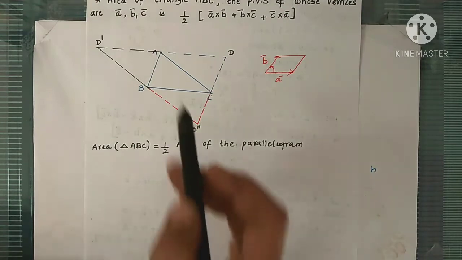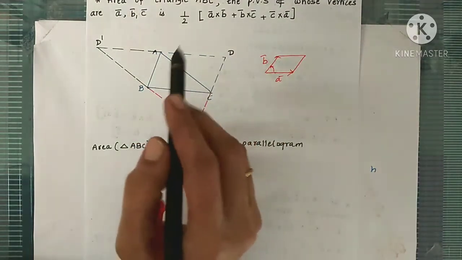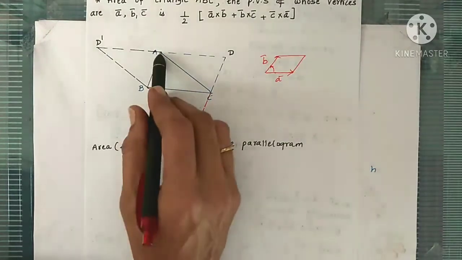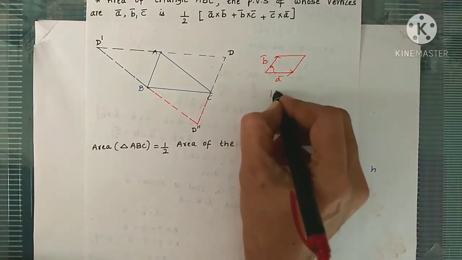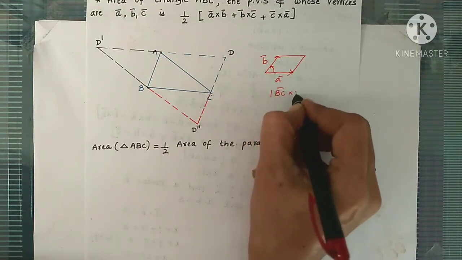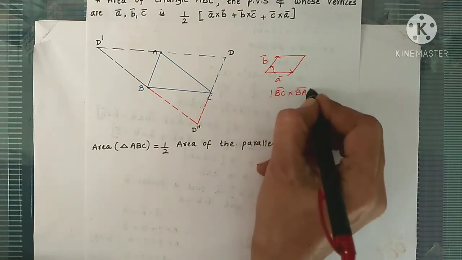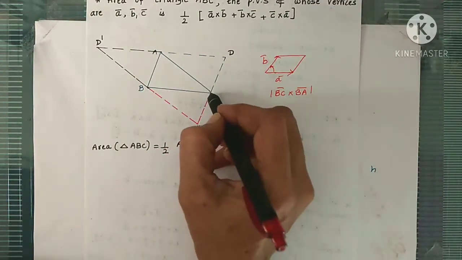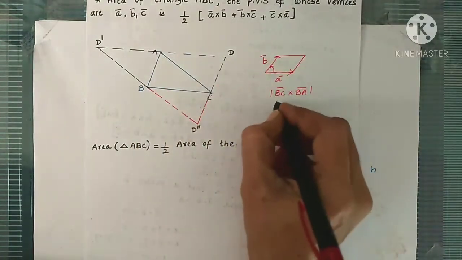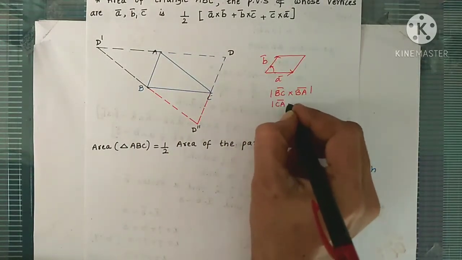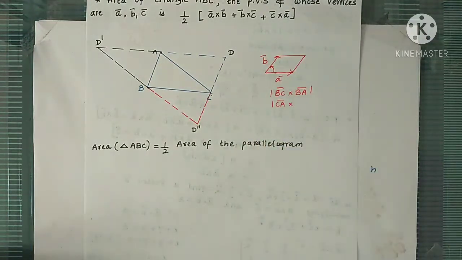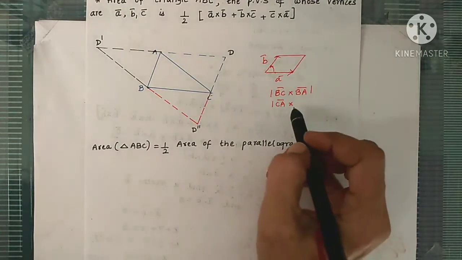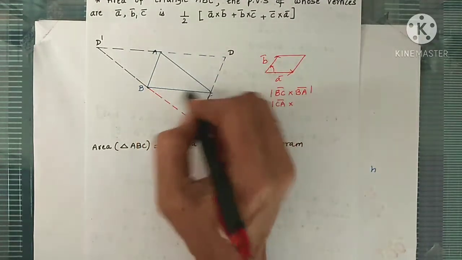Okay. So if I take parallelogram, say ABCD, then we have to take the sides BC bar and BA bar. So area will be modulus of BC bar cross BA bar for the first parallelogram. If I take parallelogram, say BCAD dash, then we have CA bar and CB bar. First of all I have to write CA bar. Since it is modulus, irrespective of the order we get the same solution, but it's better to write it neatly and correctly. So here it is CA bar cross CB bar.